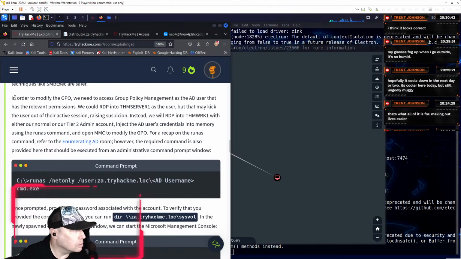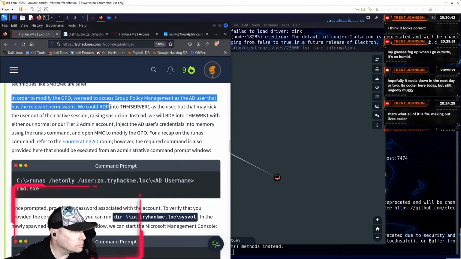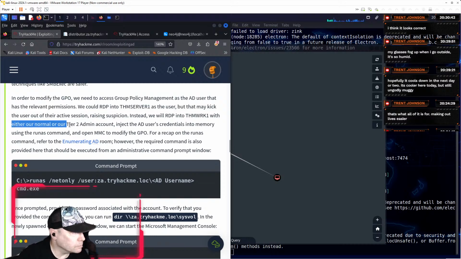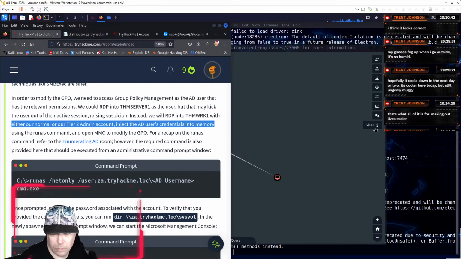In order to modify the GPO, we need to access Group Policy Management as the AD user that has the relevant permissions. We could RDP into Server 1 as the user, but that may kick the user out of their active session, raising suspicion. Instead, we will RDP into THMWRK1 with either our normal or our Tier 2 admin account, inject the AD user's credentials into memory using the runas command, and open MMC to modify the GPO. So we're going to be using